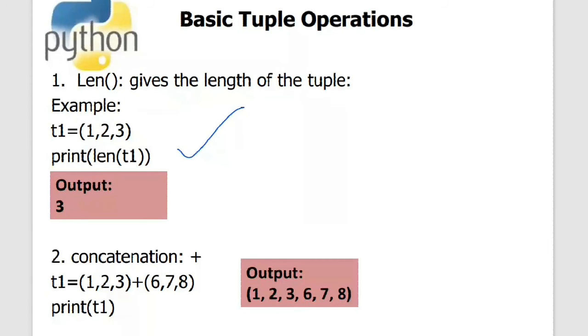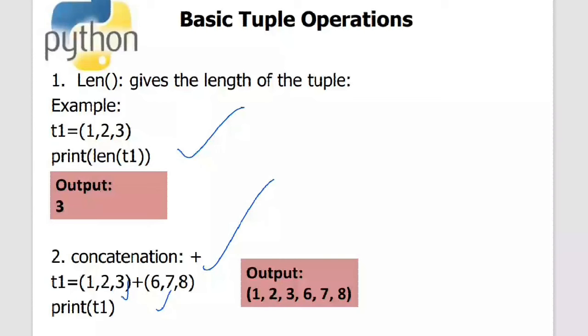As I have shown you, you can use the concatenation operation. I'm taking 2 tuples over here, combining them and making another tuple which is T1. T1 will contain all the elements in these 2 tuples, so it will be 1, 2, 3, 6, 7, 8. By using concatenation, I can create another tuple, and this is an operation that is supported on tuples. So the first operation is that you can find out the length of the tuple, using len, and the next one is concatenation.